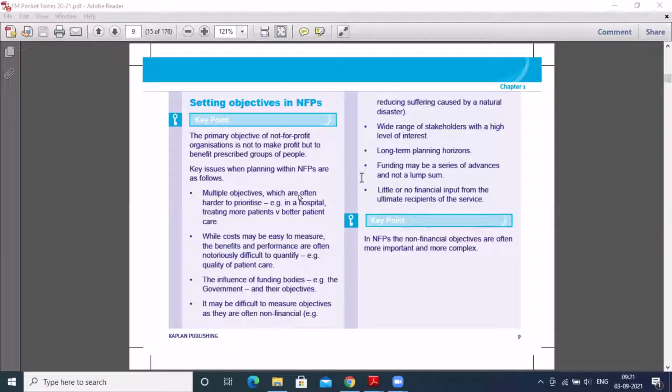Now, I was mentioning the sports complex. Let us assume that the rural youth of that particular area got some training in a specific sport, but it's not necessary that that rural youth will be contributing any financial resource to the company, because it is a charitable organization. They won't be collecting any amount from them, right? So because there is no collection of amount, we can expect a negligible or very little contribution from the ultimate recipients of the service. I hope it is clear now.